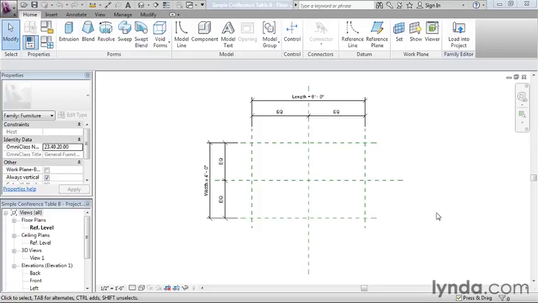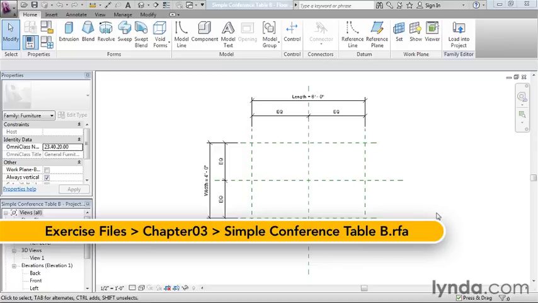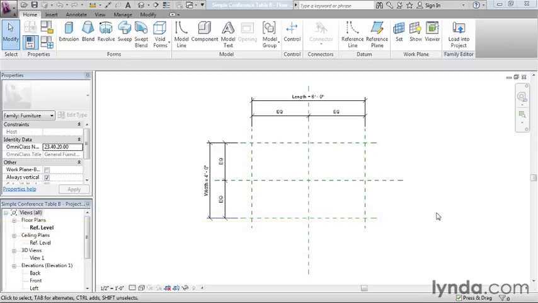So we've created a new family. We've established its category, laid down the reference planes, and even applied some parameters and constraints. So now we're finally ready to actually start modeling something. We're going to go ahead and add some geometry, and the first form that we're going to look at is